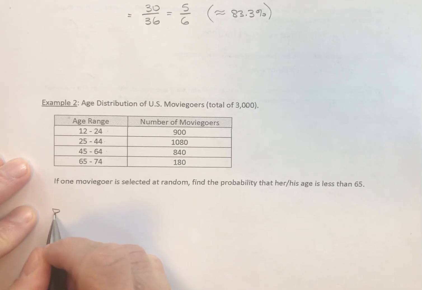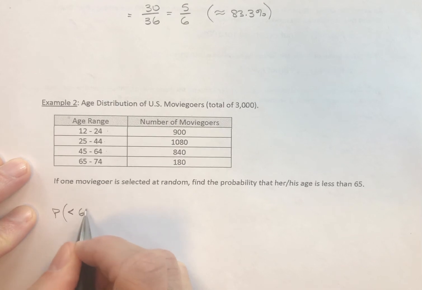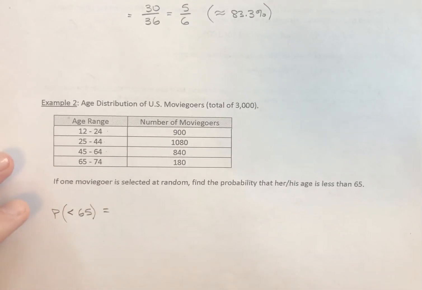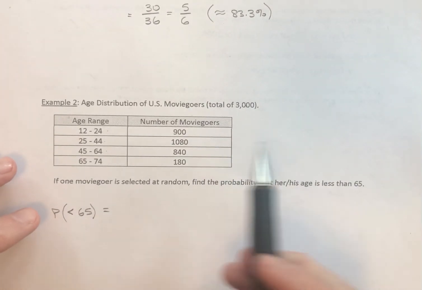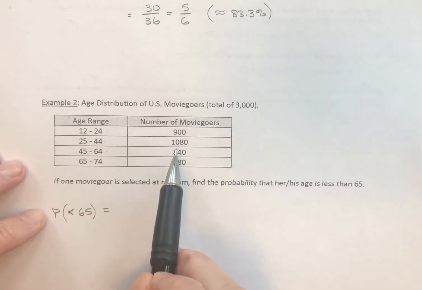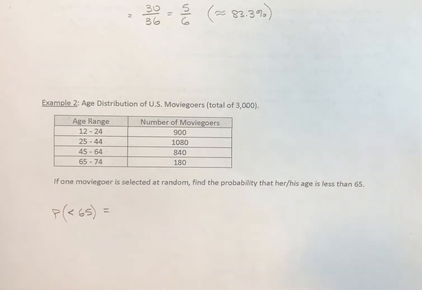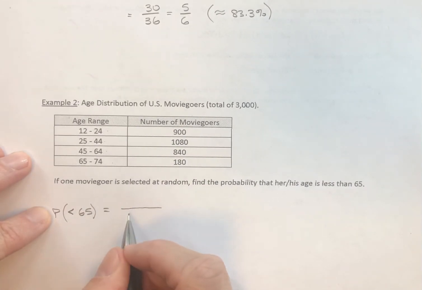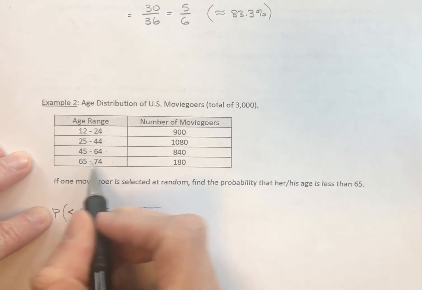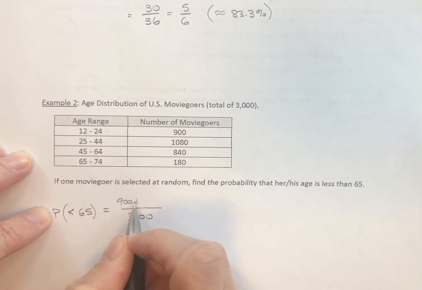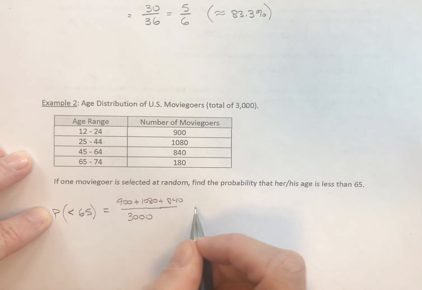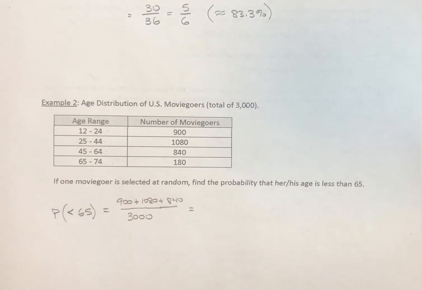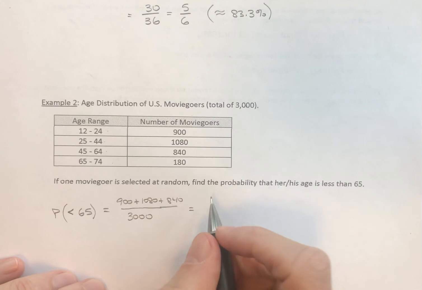Okay, so the probability of less than 65. Now this example is not quite as obvious as the first one, because if you look here, those that are less than 65, you add up this number plus this number plus this number and you're done. So we could do this as, well, I have 3,000 people. Those that are less than 65 are 900 plus 1080 plus 840. Let's do the math here. That's going to be